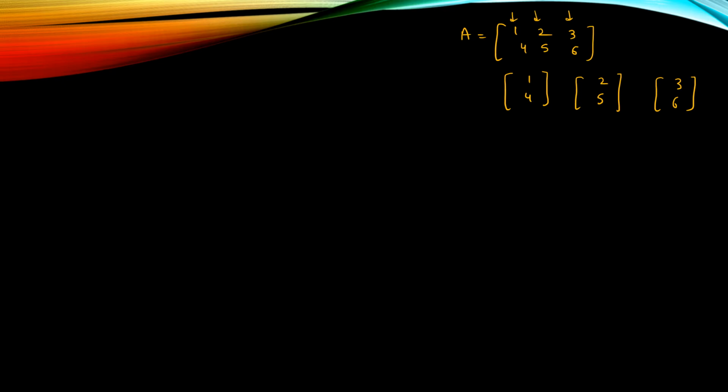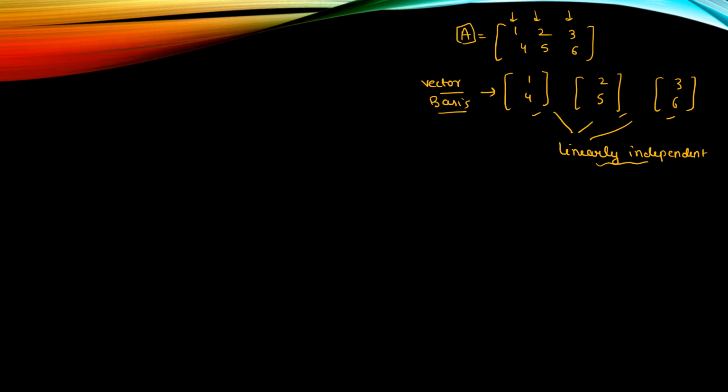Let's say you are given a matrix, so there are columns. If you separate them and make column vectors out of them and check whether these are linearly dependent or not. If they are linearly independent, then you can say all these three vectors are the bases for this matrix. I'll tell you what we mean by linear independence in another video, but here is the definition of bases.